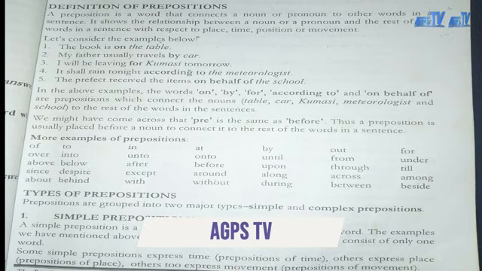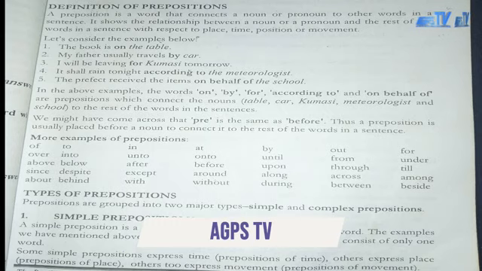Again: The prefect received the items on behalf of the school. So "on behalf of" is our preposition. In the above examples, the words on, by, for, according to, and on behalf of are the prepositions which connect